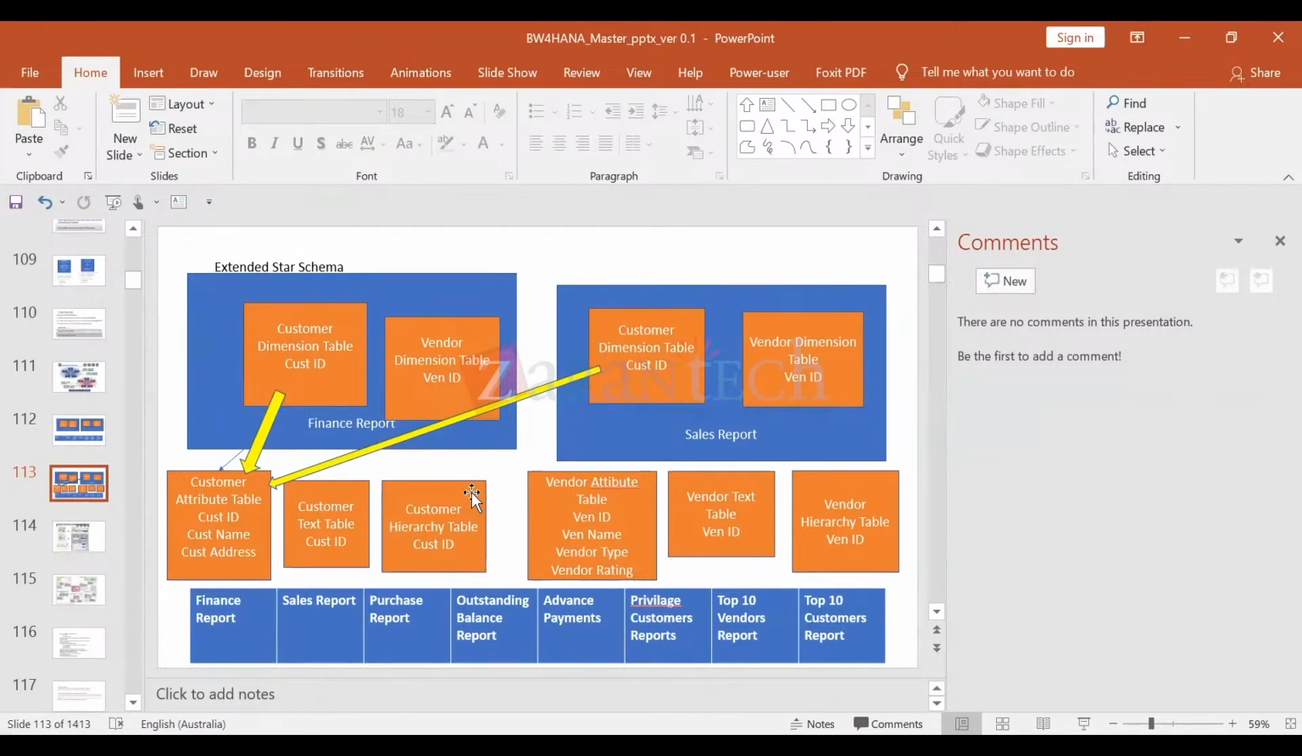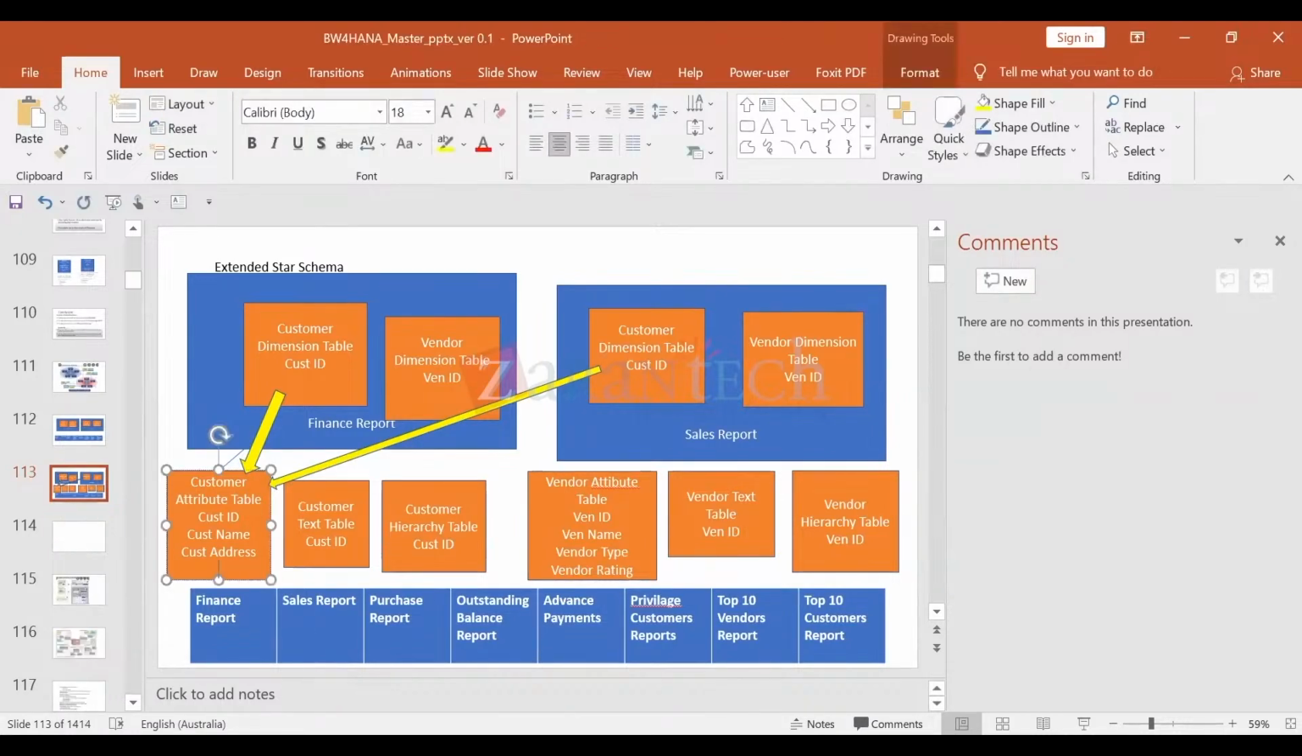Okay, so how does the hierarchy look like? I will explain you, 1 second. Hello. Yes,